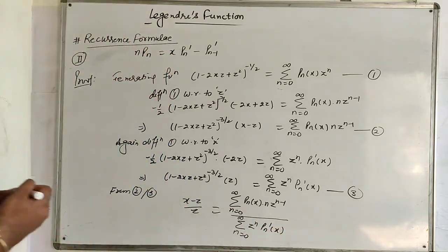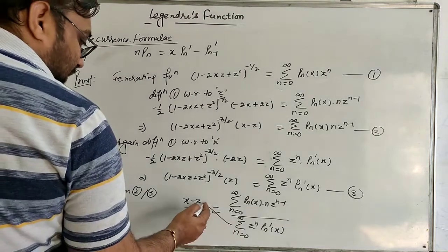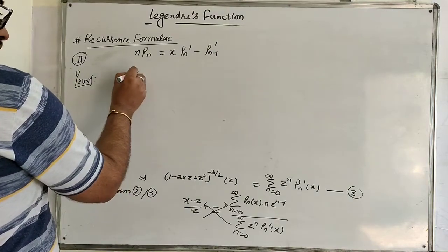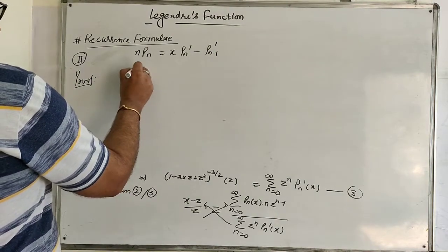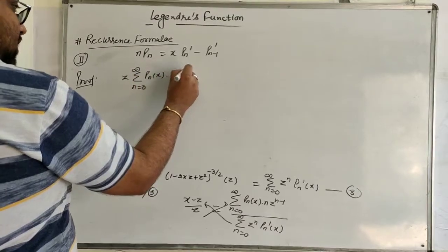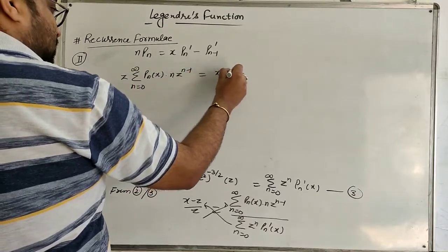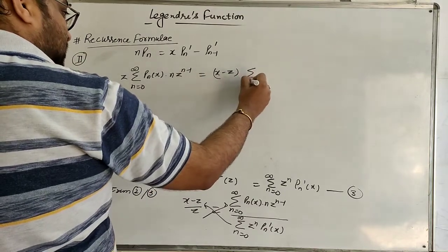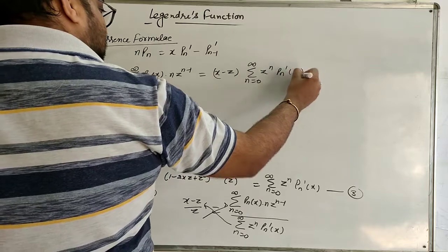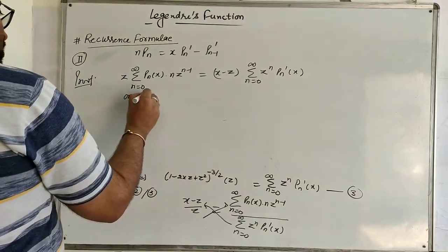Or we can separate these into the LHS and the RHS. So we get z Σ(n=0 to ∞) Pn(x) n z^(n-1) = (x - z) Σ(n=0 to ∞) z^n Pn'(x). So on comparing